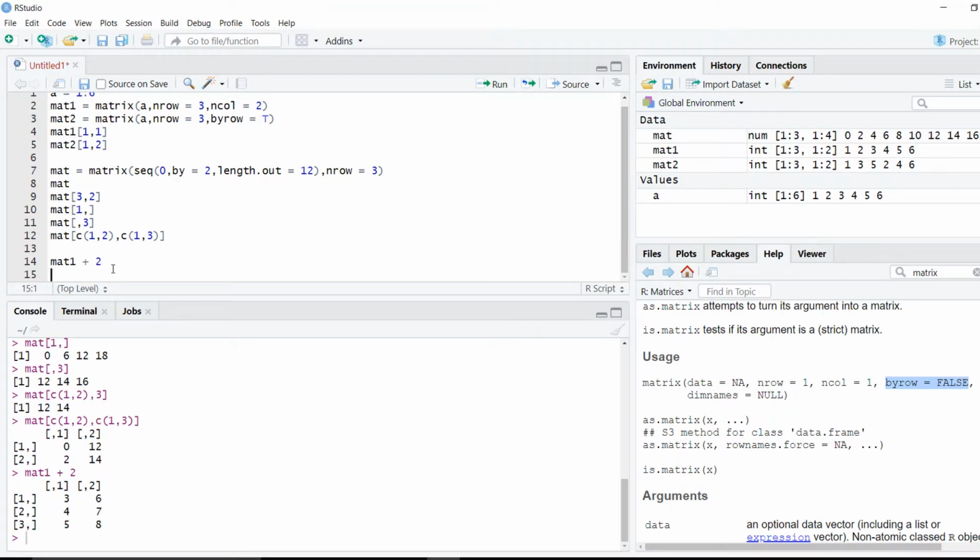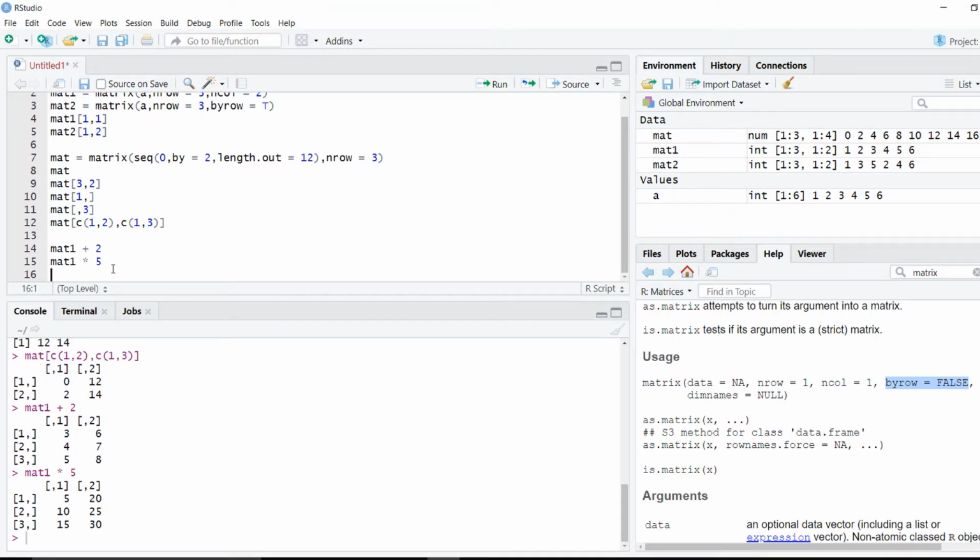When I add 2 to all values, you can see now we have 3, 6, 4, 7 and 5, 8. So it has added 2 to all values. I can multiply. I'll take MAT1 again and I'll multiply by 5, let's say. And you can clearly see we have 5, 10, 15, 20, 25, 30. So in this way we can do the same things that we did on our vector here in our matrix.